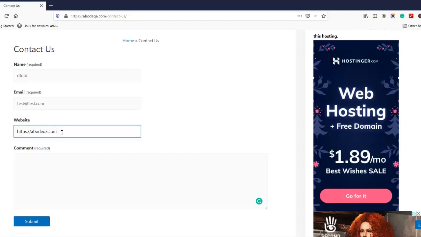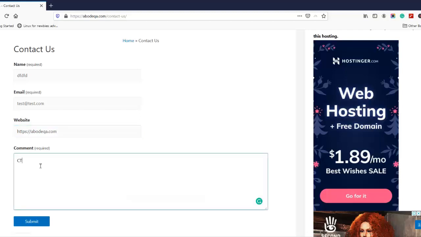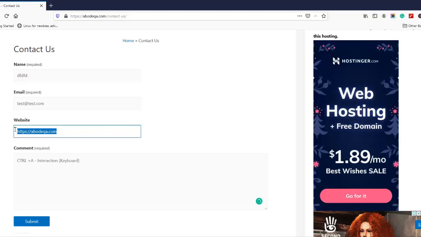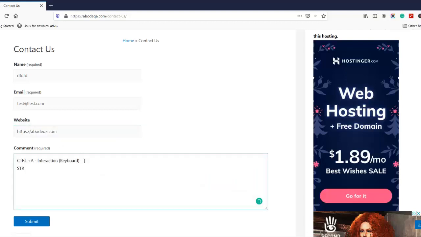So for that we will be pressing Ctrl plus A. This is the very first interaction because we are communicating with the keyboard. Now once we select this URL, we will press Ctrl C. So the second action will be Ctrl plus C, and this is the second interaction with the keyboard.